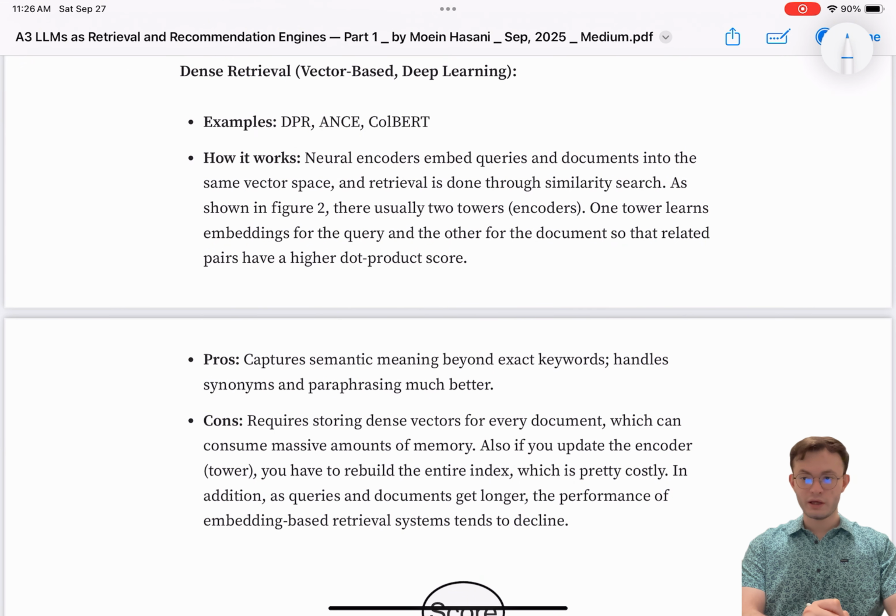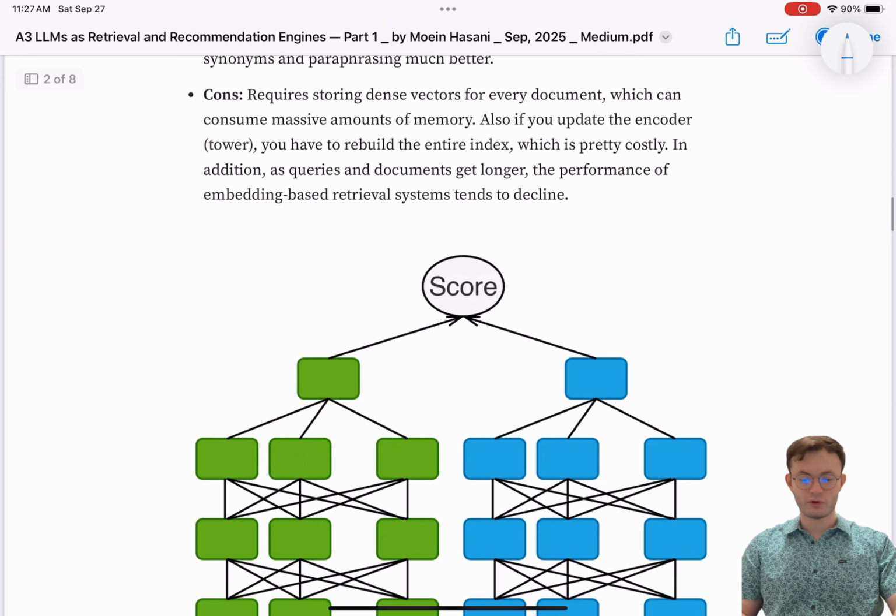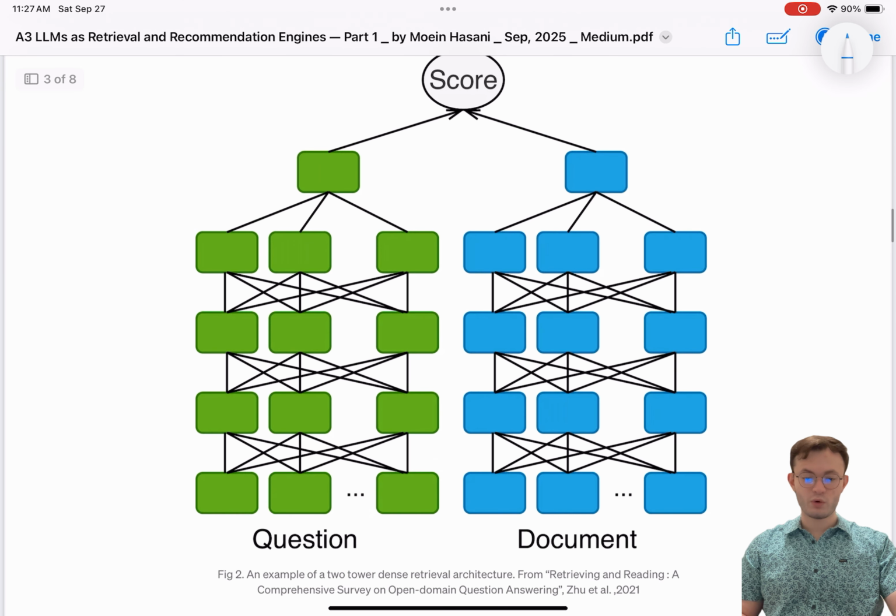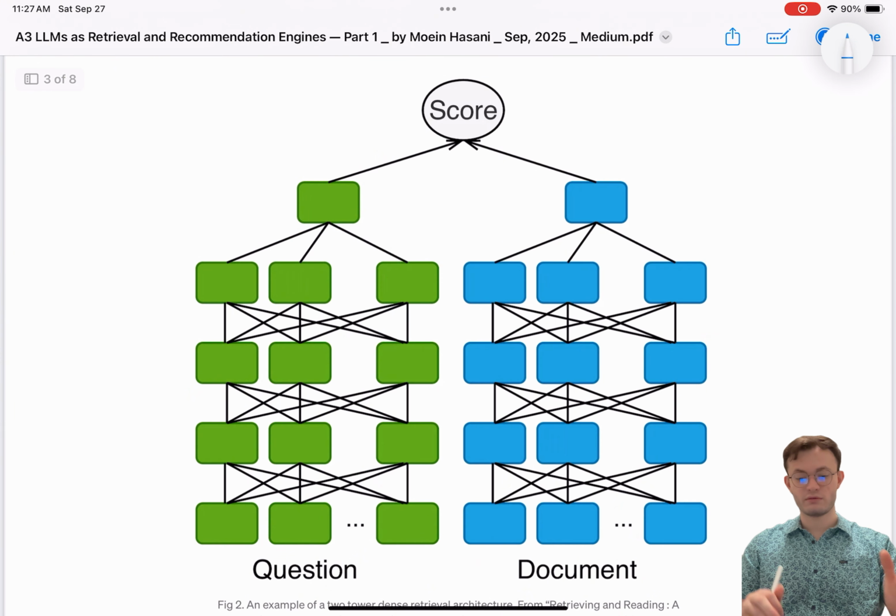Again, I'm trying to keep you thinking about search and recommendation. Practically, there's usually a two-tower architecture. We have a photo of it here. In this two-tower architecture, one tower is input from the user, the other is the set of all possible documents.